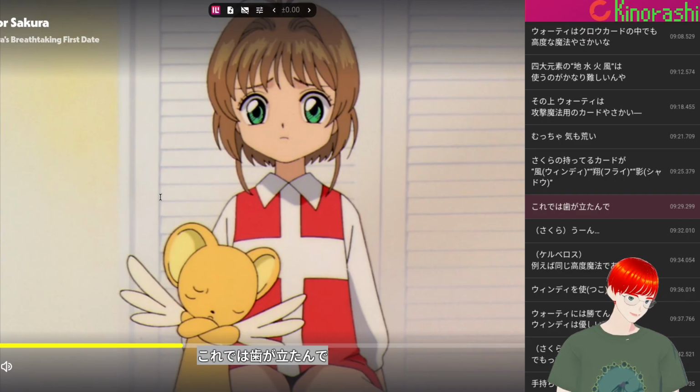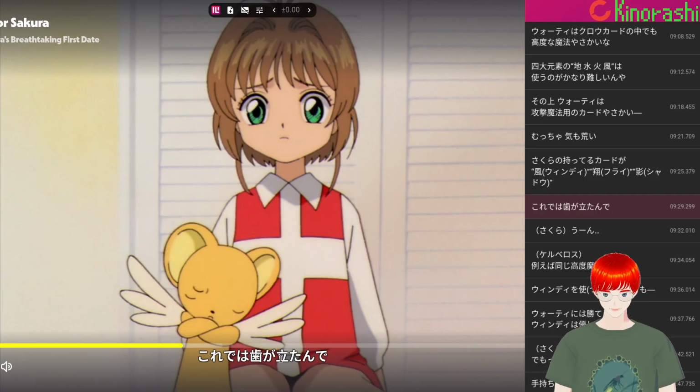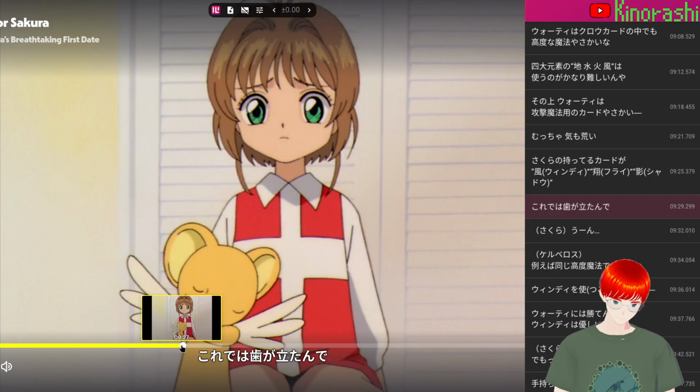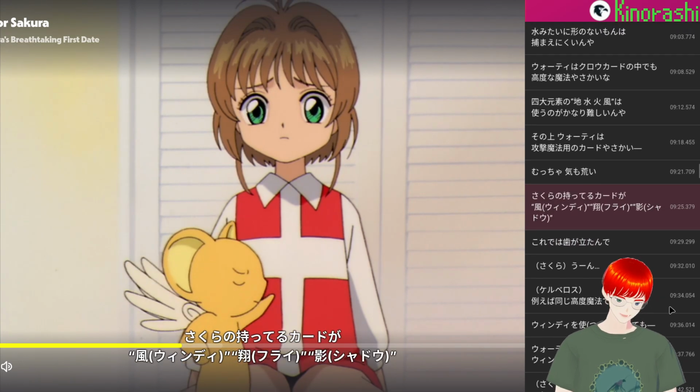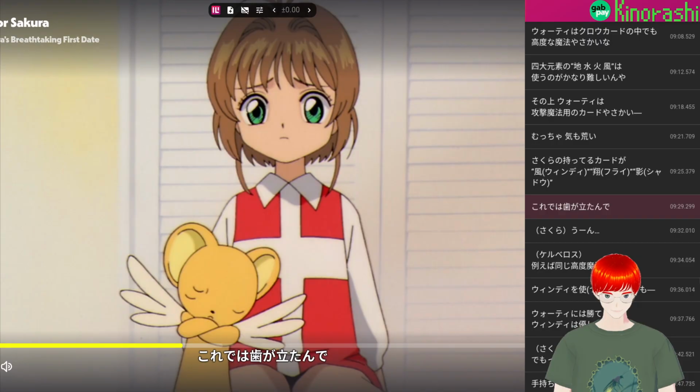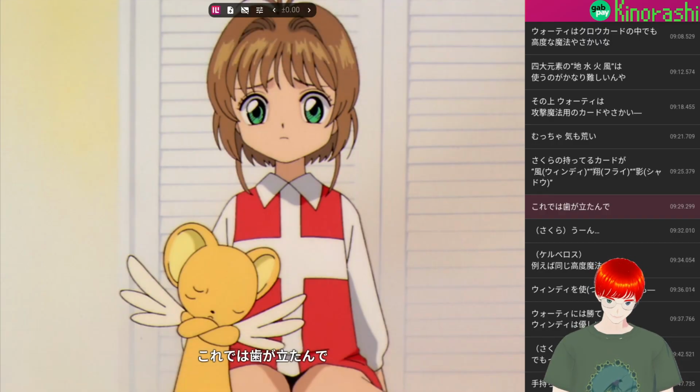Teeth don't stand, aka they can't make a stand. In other words, it's not up to the challenge. Kore de wa ha ga tatan. So considering this, we're not able to do it with this, essentially. これでは歯が立たんて。